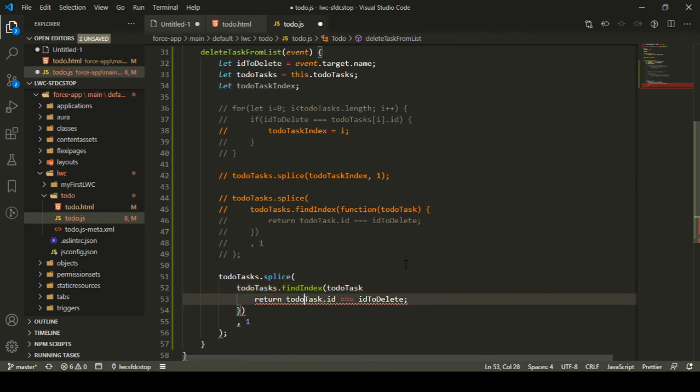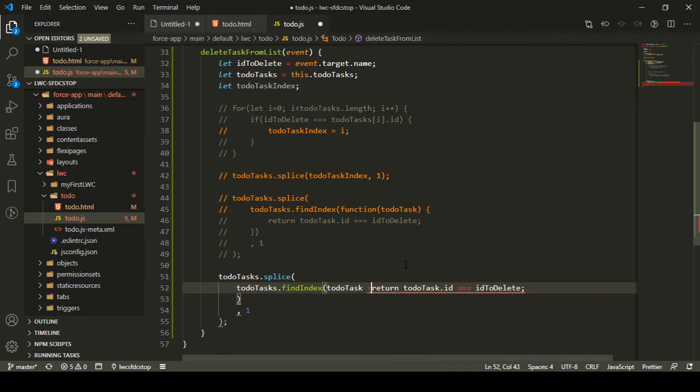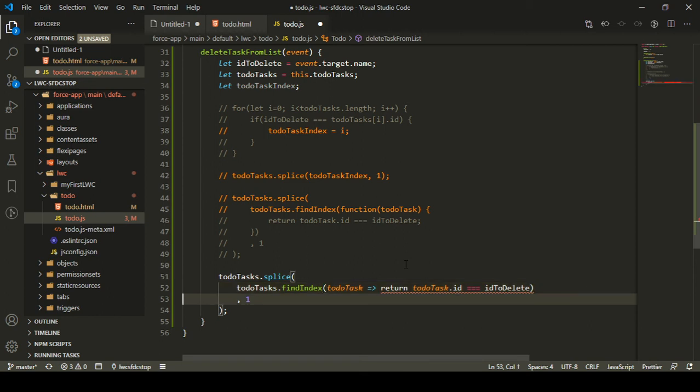Let me remove all this, and I can simply specify: find me a todoTask, and I'll add an arrow sign here, and I'll say return me this thing where todoTask is equal to idToDelete. I think this is fine. So return, no, I don't need to specify return as well. So this is how it is, right?